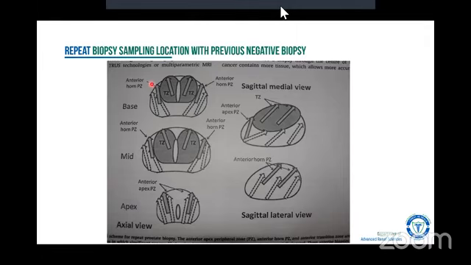So this is a repeat biopsy sampling template for a previous negative biopsy, which means the PSA is still high, but the previous biopsy was negative. Instead of biopsying from the previous tracks, better to biopsy from the anterior horn. Can you see the anterior horn over here, and then the transition zone biopsy? A thing I'd like you to see in this slide and extrapolate it to the initial biopsy also: whenever you are taking a biopsy in the longitudinal orientation, always a long piece of the peripheral zone is taken. The needle actually passes through a long portion of the peripheral zone.